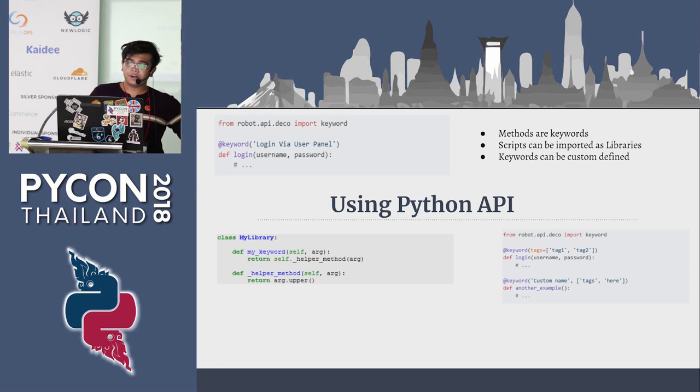So if you're a guy who likes to play things dangerously, and who likes to do your own script and everything, methods are keywords. So you can import the Robot Framework API. Here you can see you can define your own keyword using the syntax. And here you can see that I have defined my own keyword using def my keywords. It becomes a keyword. So methods are generally keyword API. You can also define the tags, and the functions you want to run if the keywords are being called. I have a script, but